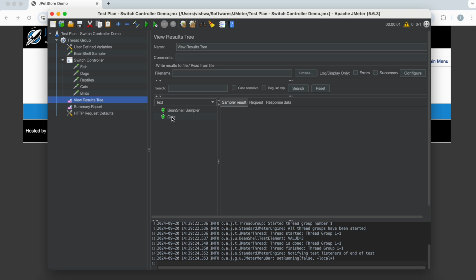You can see the cat, because value generated is 3. It will start from 0 indexes, 0, 1, 2, 3, right? In this way you can use the switch